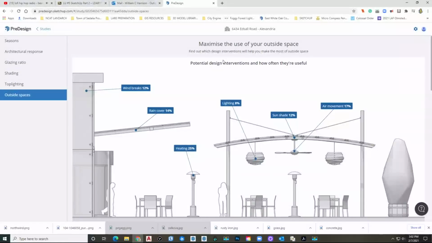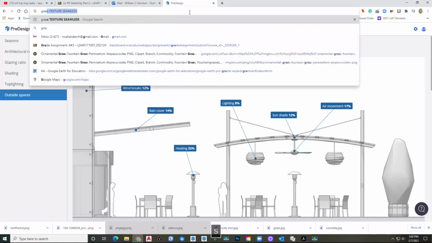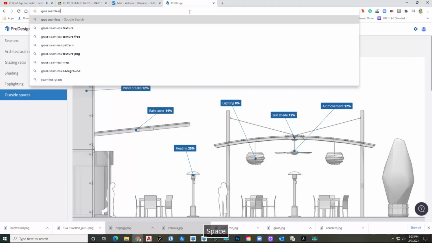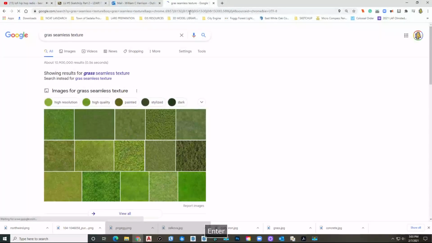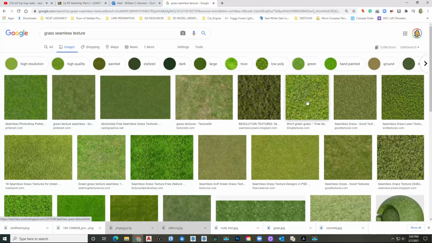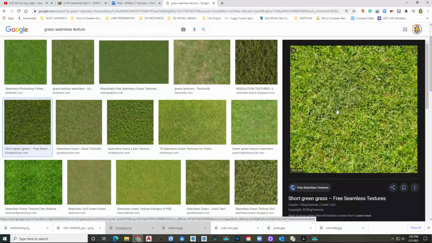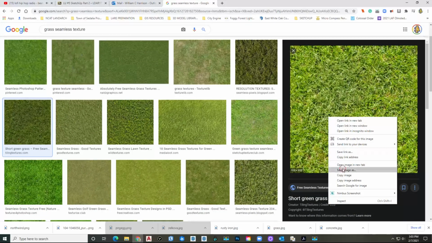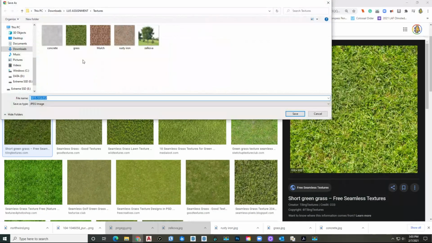And to do that, and I want you to do that for this assignment, you would just go and type in grass seamless texture. This would pop up. I'm going to go to my images and make sure it's seamless. No, there's no watermark or anything on it. I'm going to right click, save image as, and I've already downloaded some of these images and put them in my textures, but I would drop it here, save it,